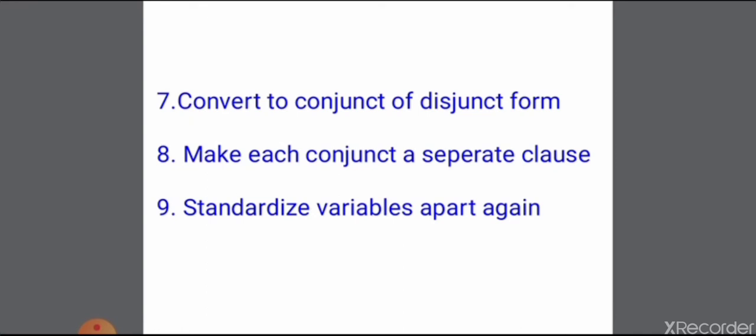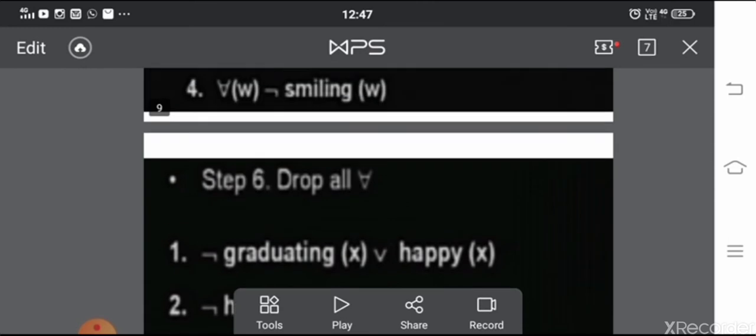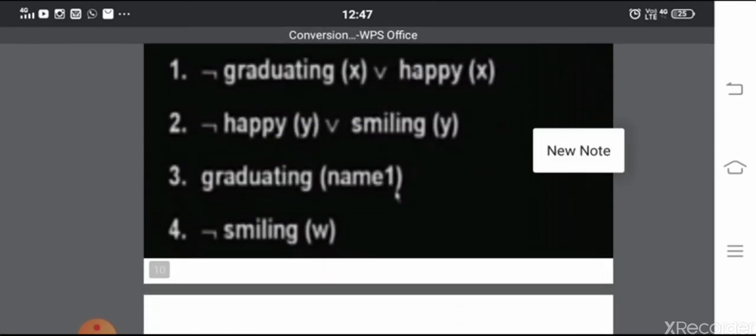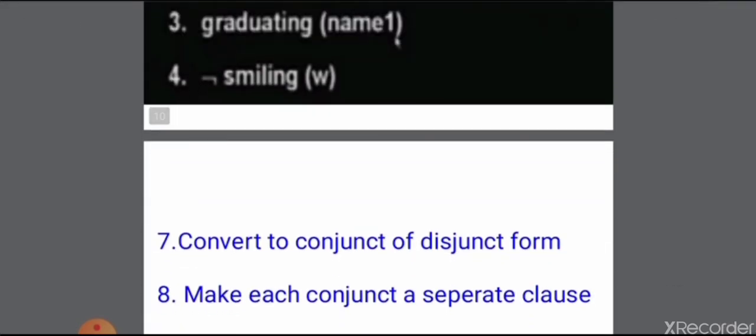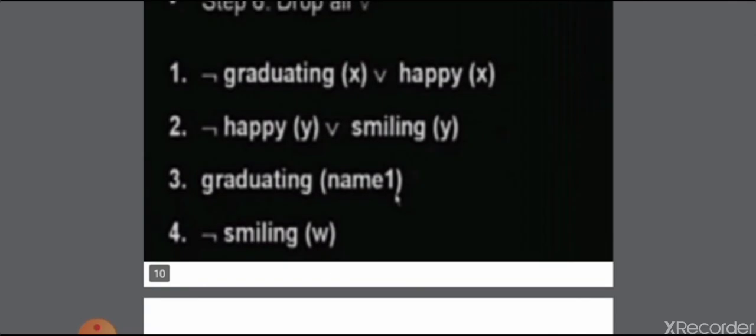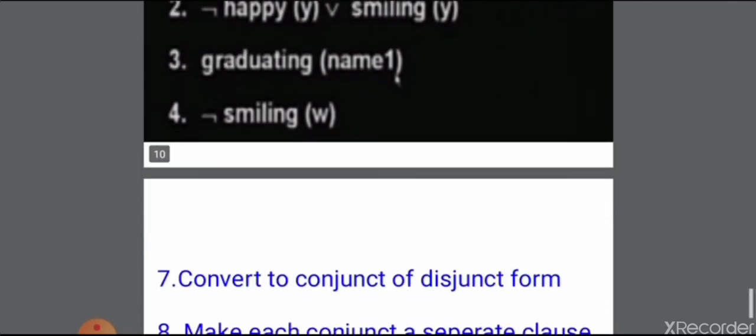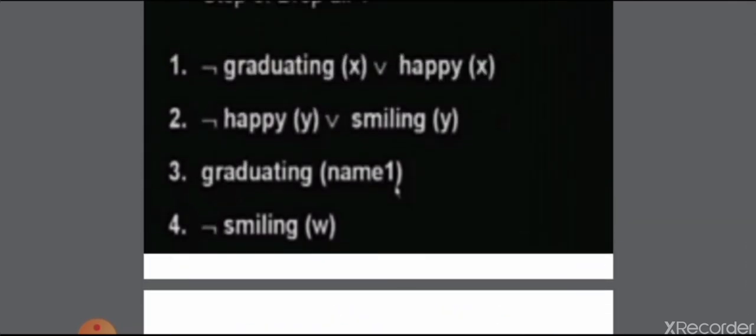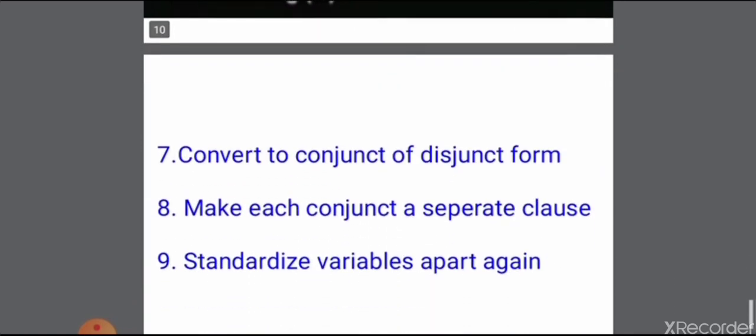In order for a well-formed formula to be true, all the clauses generated from it must be true. In our example we already have the separate clauses, so we don't need to perform this. We already have the separate conjunctive clauses.